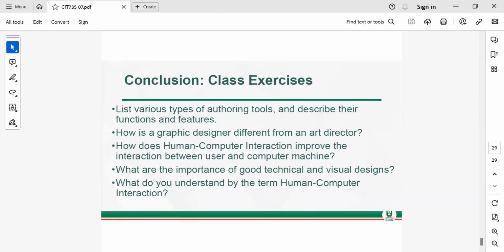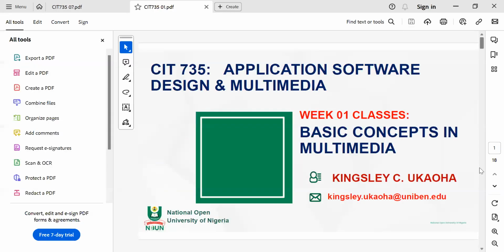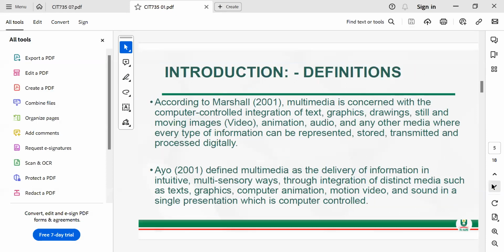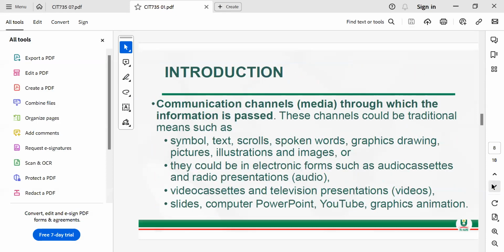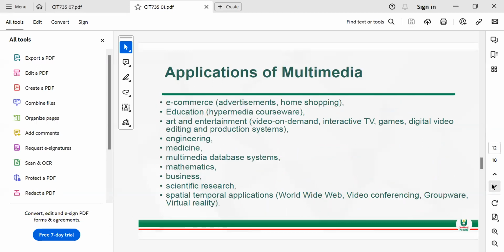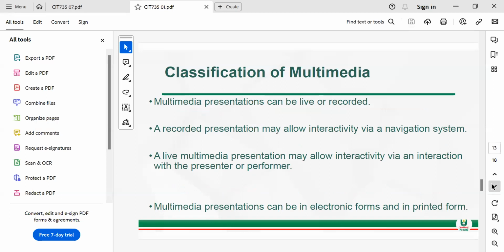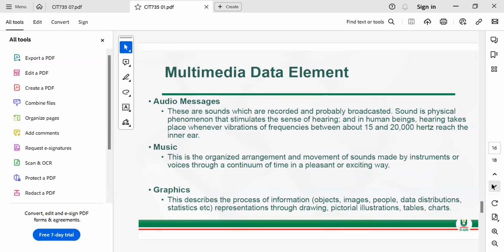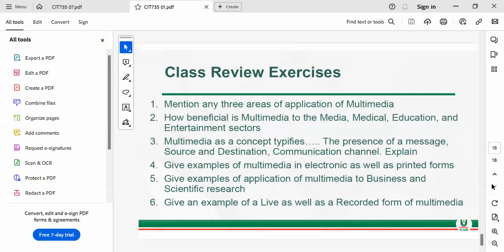So let me move through the notes. Define multimedia, the introduction, benefits of multimedia, applications of multimedia, classification of multimedia, multimedia data elements. Then I think it's the second class, sir. I'm looking for it. I will get it out.